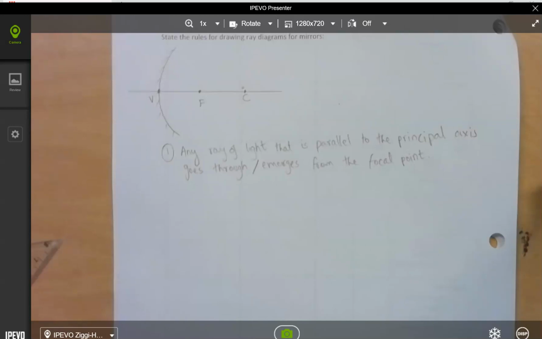Sorry, we skipped a little bit. I forgot to record. But any ray of light that is parallel to the principal axis goes through or emerges